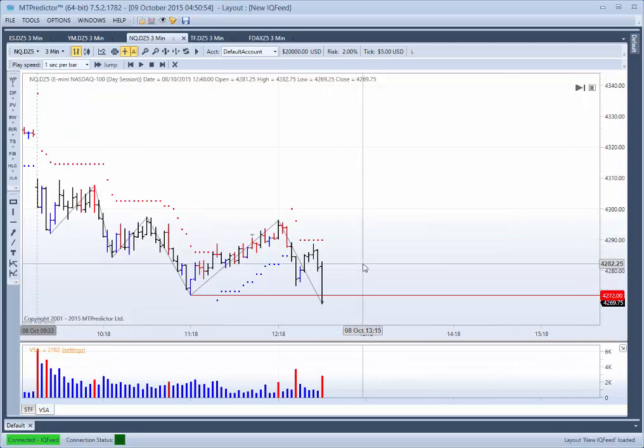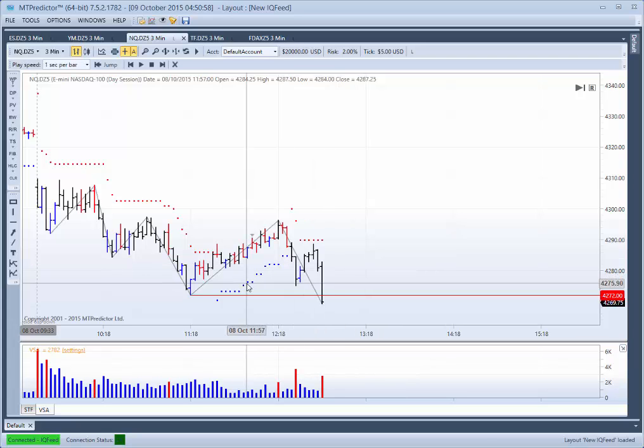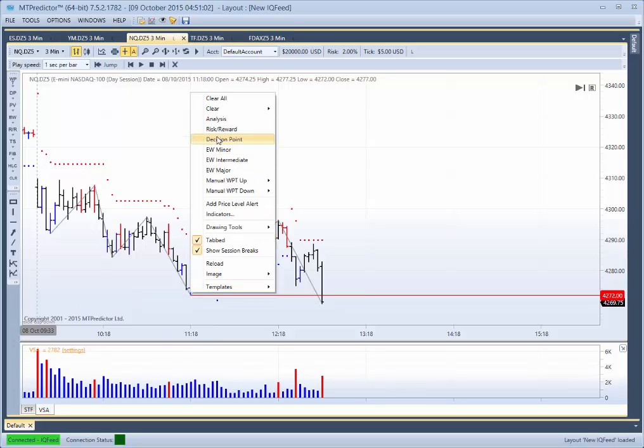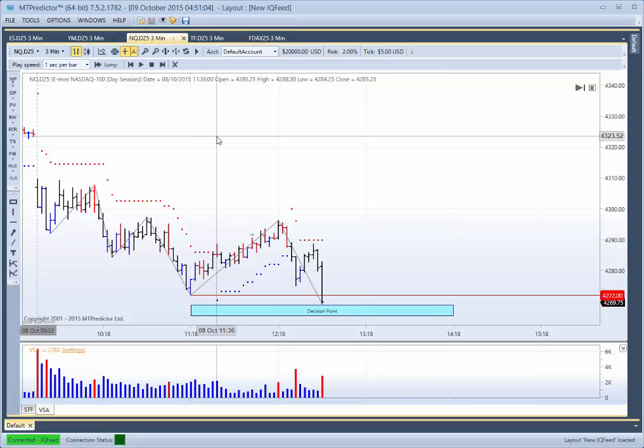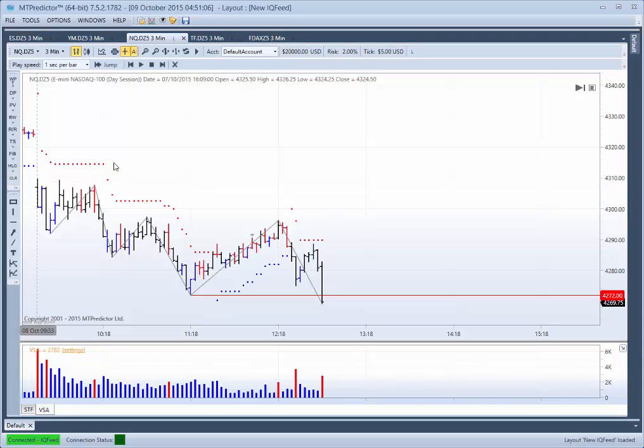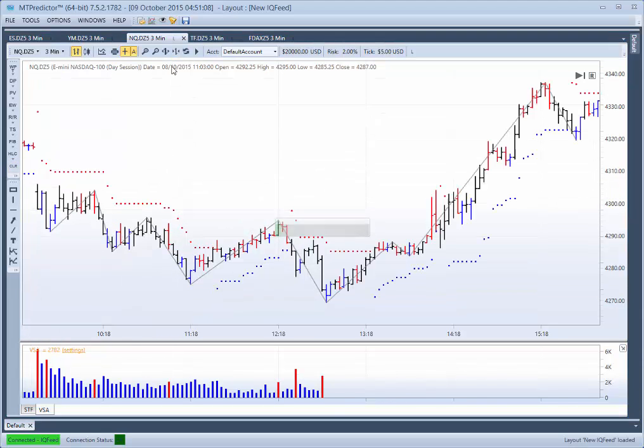However, at MTPredictor we have a very good tool which we call our decision point tool. This can be placed on the chart in advance, so you can go back to this prior pivot here and place that on the chart. And in fact, actually you can do it even before the market even gets there. So if I turn training mode